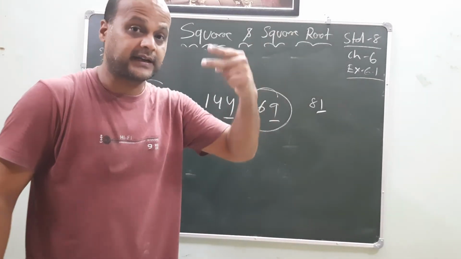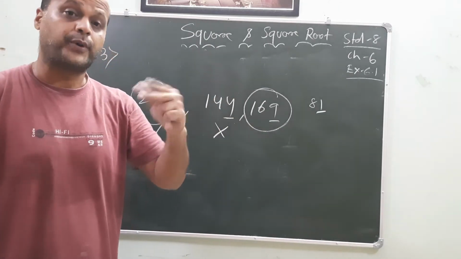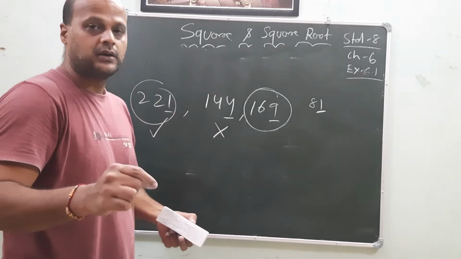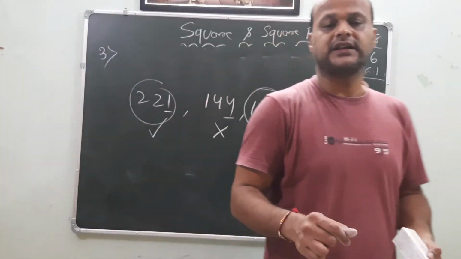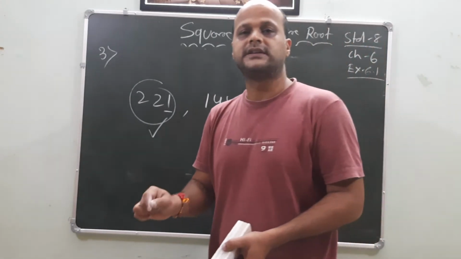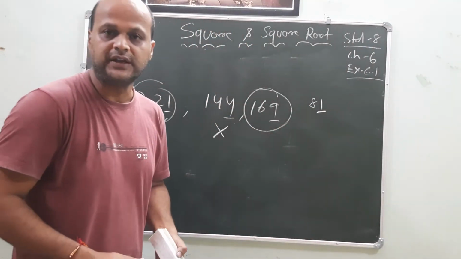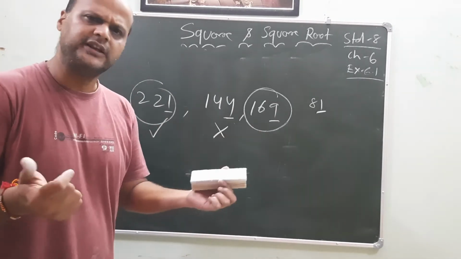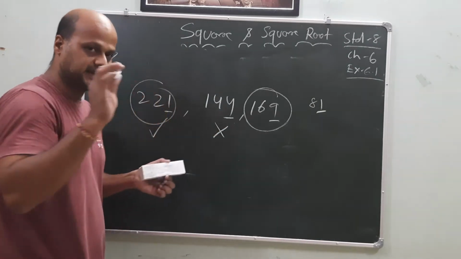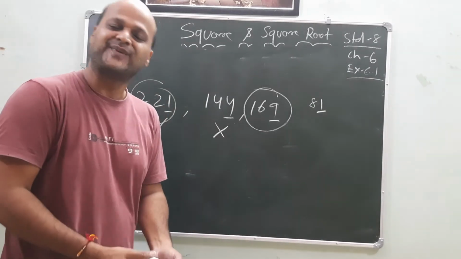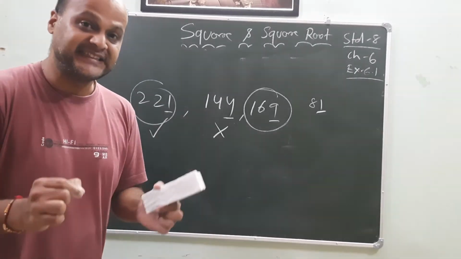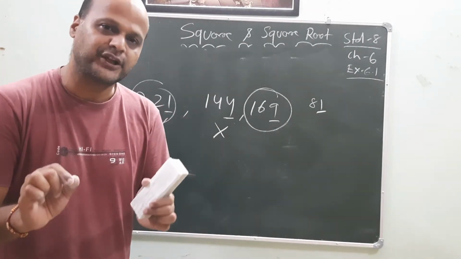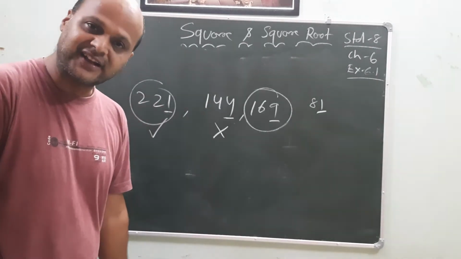See how the rule of perfect squares is implemented here. In the unit place, what can be there? 1, 4, 5, 6, 9, or an even number of zeros, my dear friends. But here it is asking which one is the odd one. It will be easy: whichever unit place is odd, that one is the odd number square. Understood, my dear friends? It is easy now. Don't confuse yourself. Remember the rules, and you can get the answers.